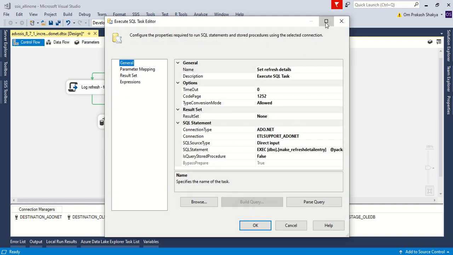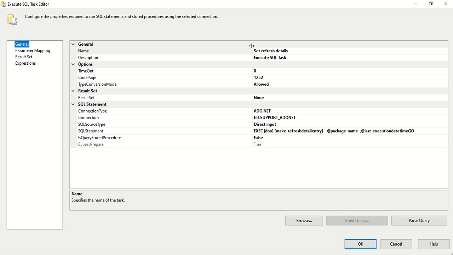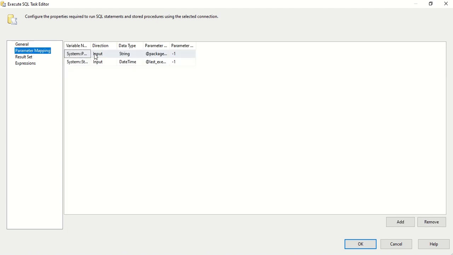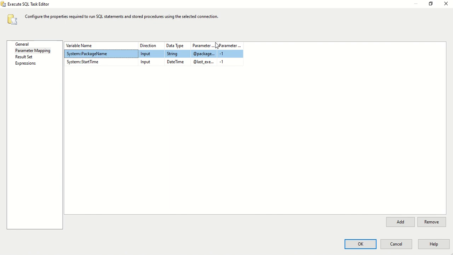So in set refresh detail we have called that make refresh detail entry, and it takes the package name and the last execution date time, and it is using the ADO.NET connection manager, and it doesn't return any result because it inserts a record in the table. So to pass the value of these parameters, we have to map the parameter, and you can see